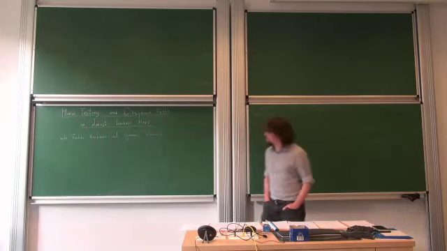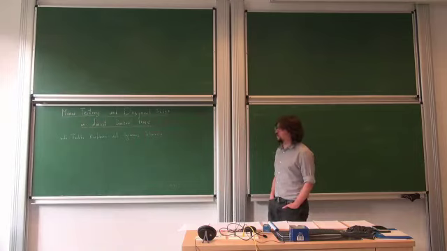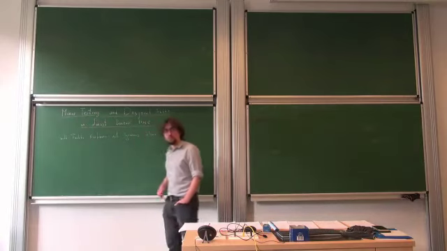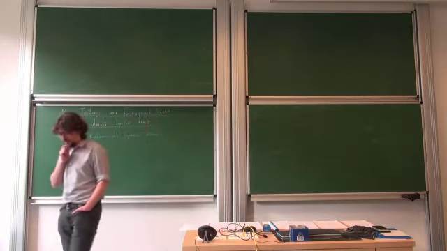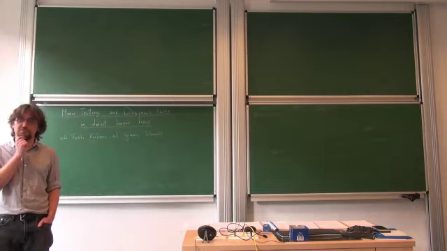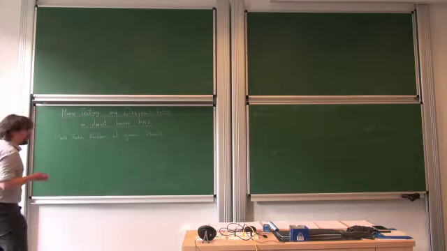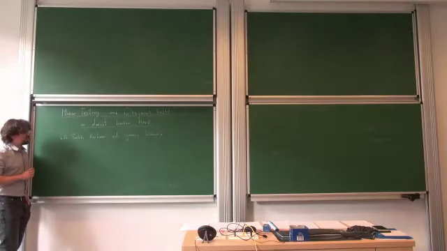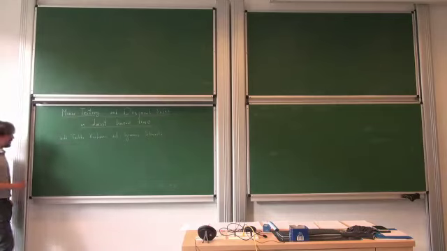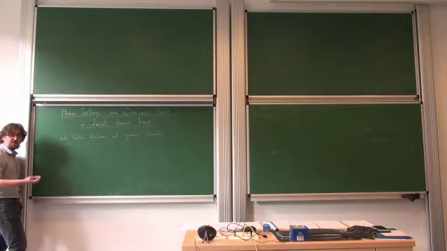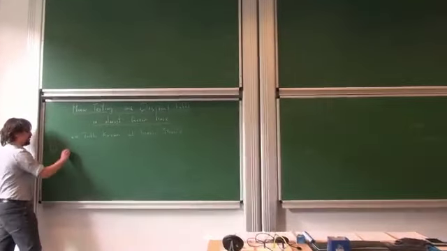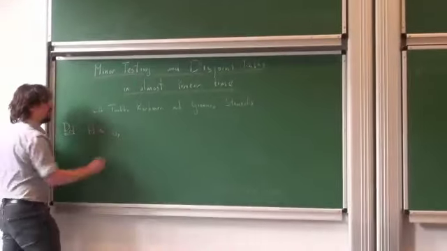Good, so let's start. First of all, let's define the problems that we will be speaking about: minor testing and disjoint paths. These are the two most basic topological problems that one can consider in algorithmic graph structure theory. I hope all of you are familiar with the notion of minors in graphs, but let me just recall the definition. This is the basic definition of what it means to embed one graph in another graph topologically. I will say that a graph H is a minor of a graph G